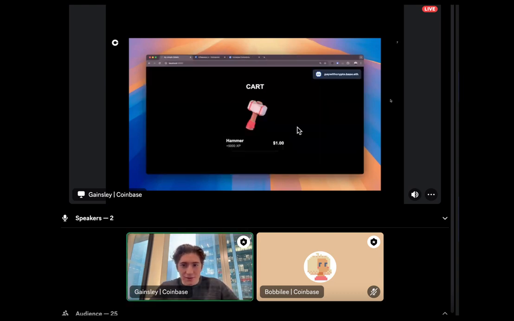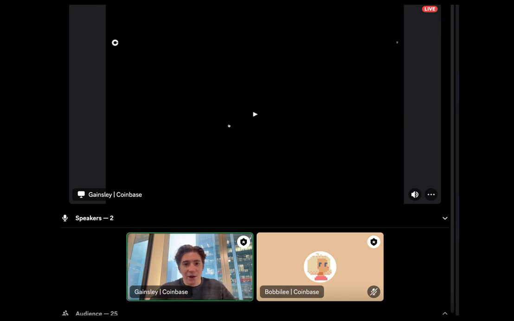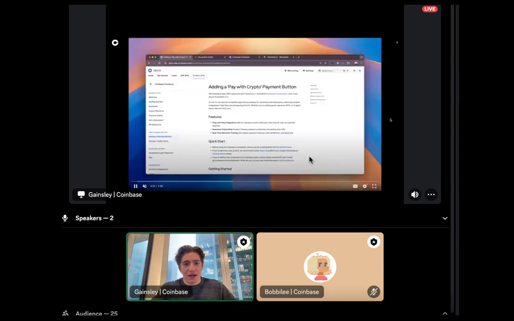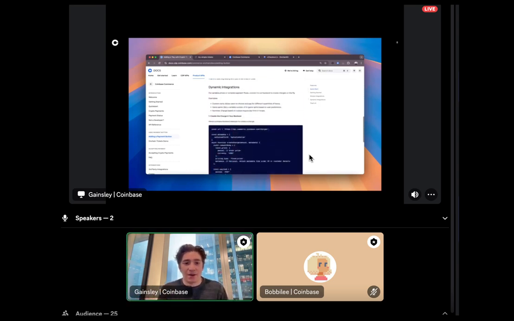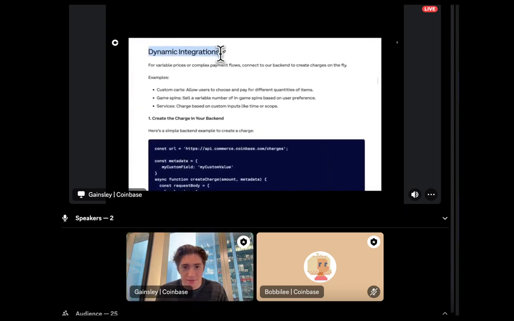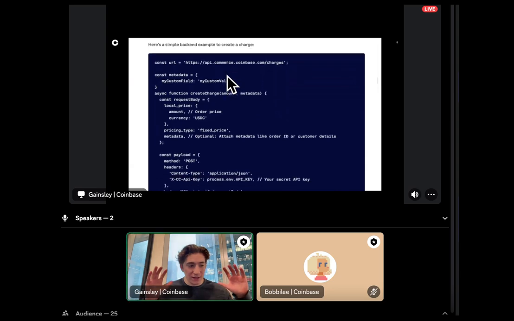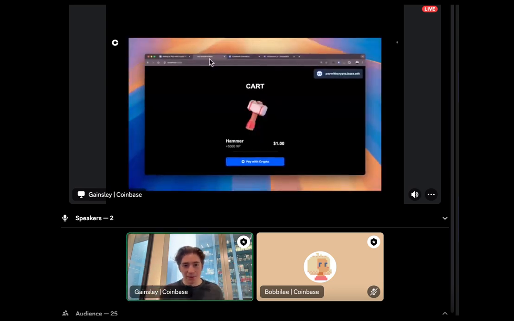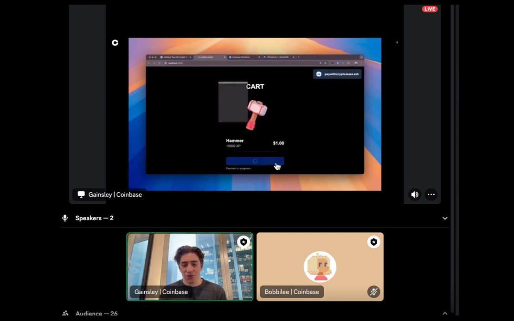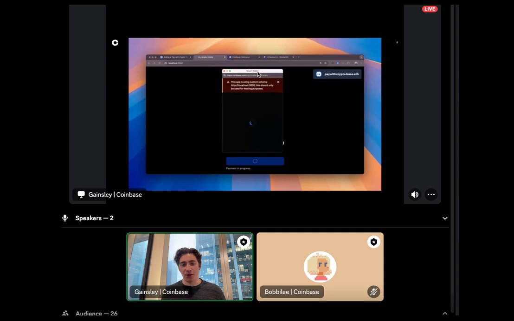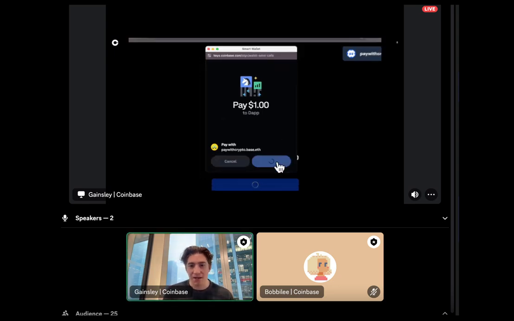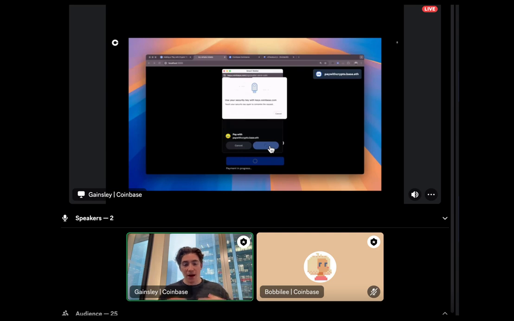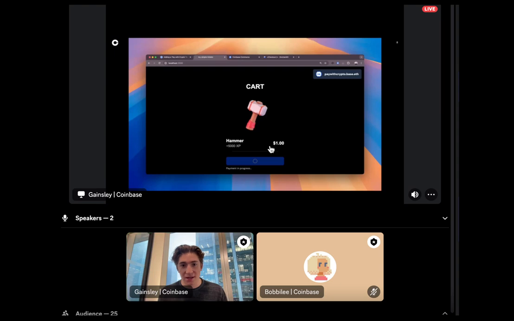The other thing I want to show is how we deal with metadata, how we deal with more complex integrations. You'll see here another set of docs where I talk about dynamic integrations. This means a more complex payment flow, but still as easy as can be for your customer and remarkably easy for you as a developer. In this world, you can imagine I'm passing in information about who I am as the purchaser on this app. I'm earning 5,000 XP. This is my name. This is my user ID. Maybe I want to update the experience according to what I just purchased. Well, you can see that here right after the payment completes.